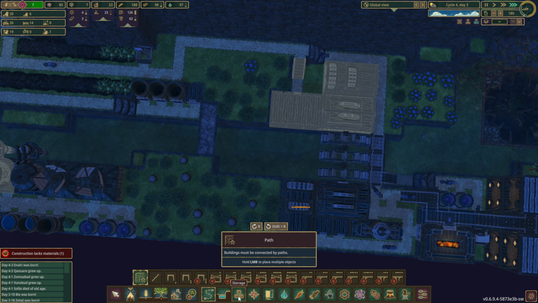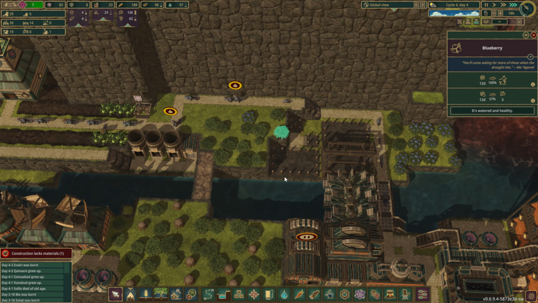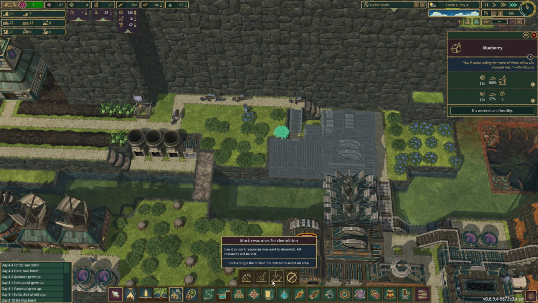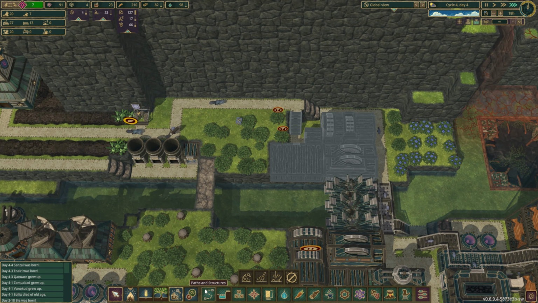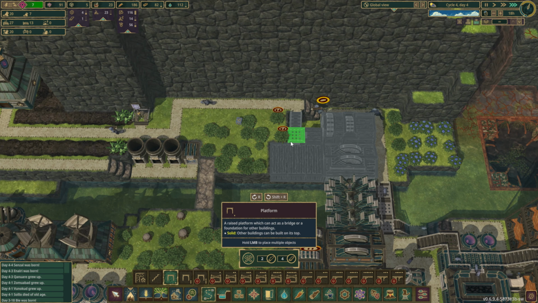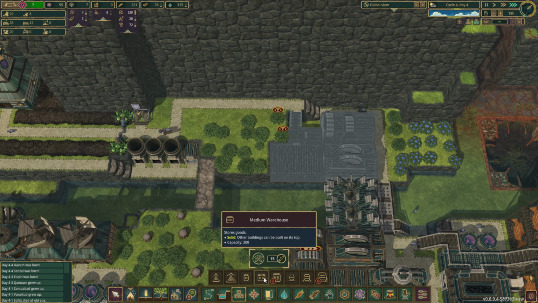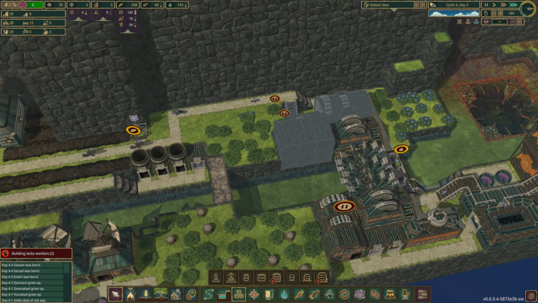And then I could probably fit in a small warehouse again here, and we can maybe possibly take out a few more of these berry bushes against my better judgment, but I think it'll help in terms of just some of the space efficiencies. I can put a platform here as well, and then we can put another medium warehouse on top of that. And let's see, kohlrabies are kind of heading down, so